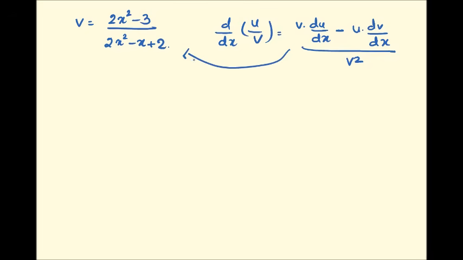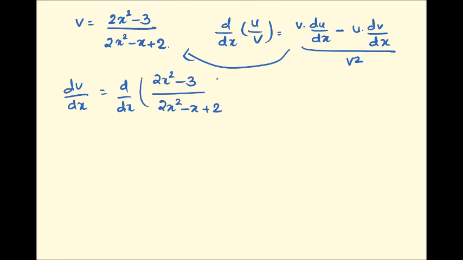So apply this. We have dv by dx is equal to d by dx of 2x square minus 3 divided by 2x square minus x plus 2. That's equal to